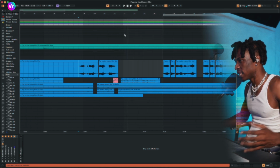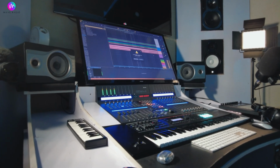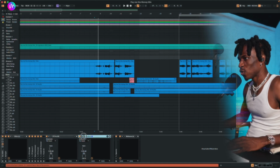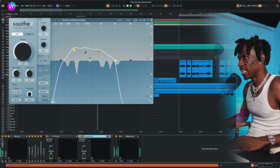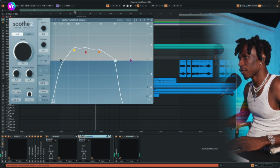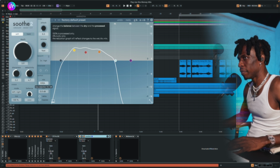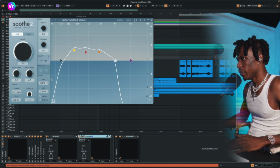Yeah, you know, we added that to tame the S's. Then after that, I was smoothing out some things in the mid frequency. So by using the 2x and the mix minus the mix at 80%, I feel like we should even probably